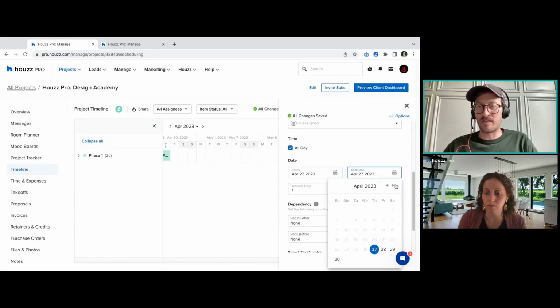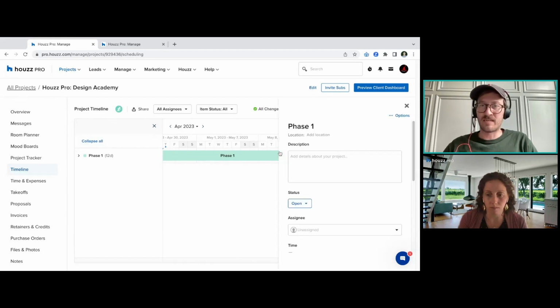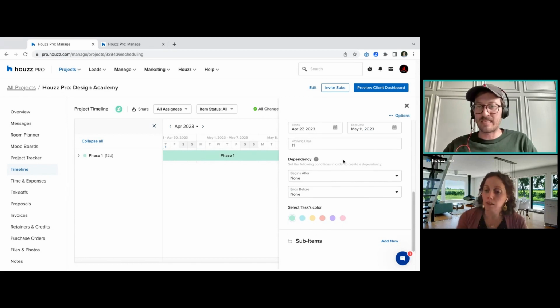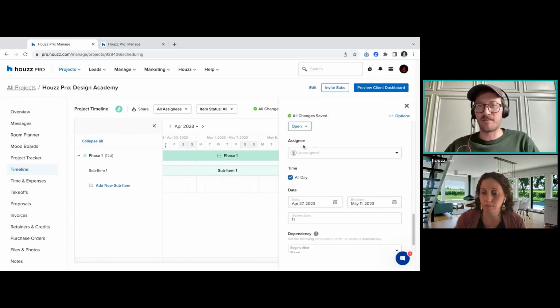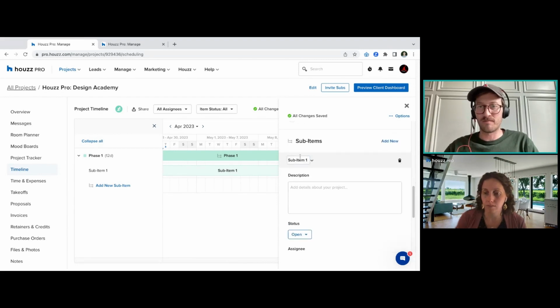We'll just say phase one is maybe 2 weeks long. Now, after that, you'll see, okay, cool, our phase is there. I can click back on it. Below here, I have my dependencies. So maybe this is something that, if we had another item, we can have a dependency with it. And there's also the ability to add in sub items. So sub items, you can click on there and you can put down, maybe we have a sub item. Phase one is mostly demo. So we could have in, you know,